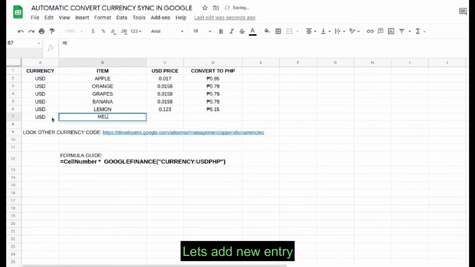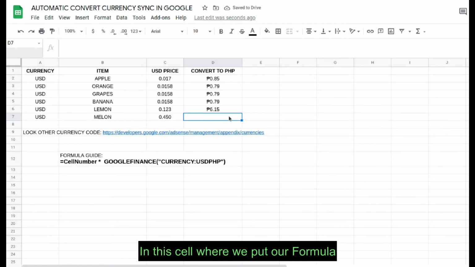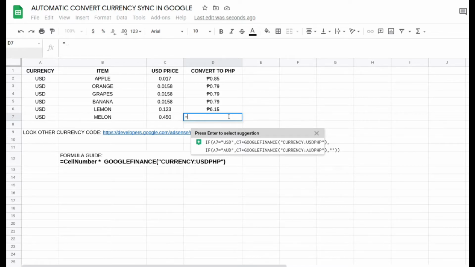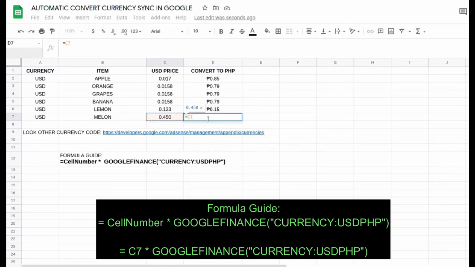USD melon, and the price is 450, and in this cell where we put our formula, so the cell number where the price is located, which is this one, and multiply